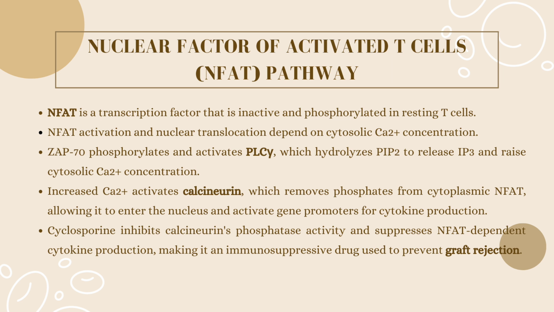This, in turn, leads to the opening of plasma membrane calcium channels, allowing for the influx of extracellular calcium ions. The elevated calcium ion concentration activates calcineurin, which dephosphorylates NFAT, enabling it to translocate into the nucleus